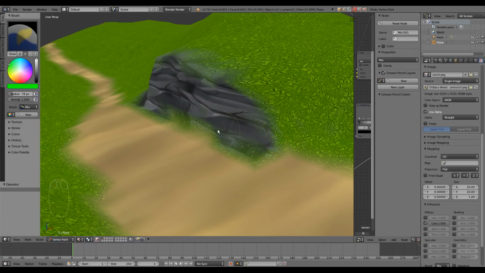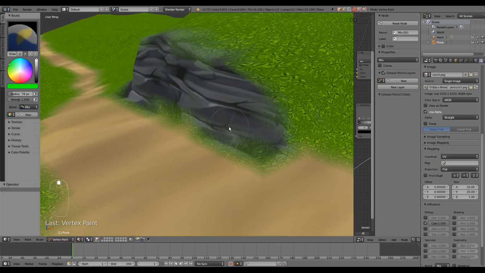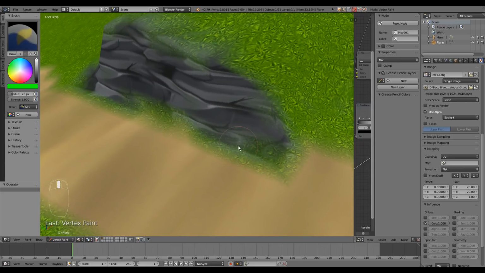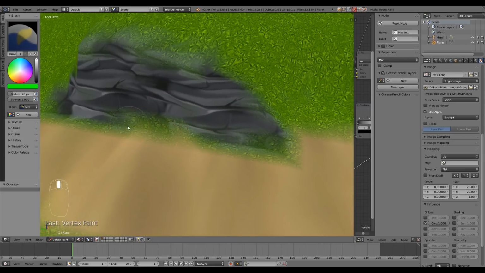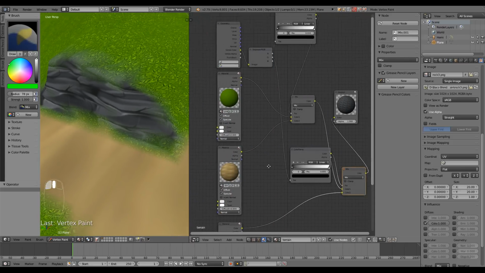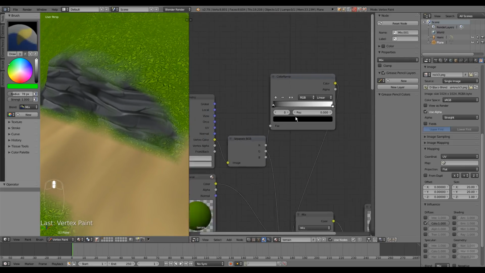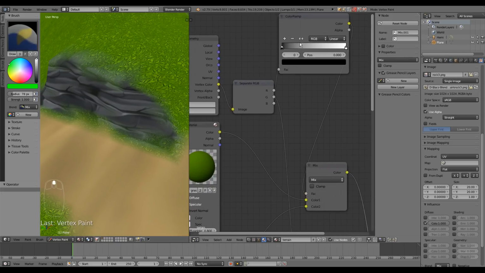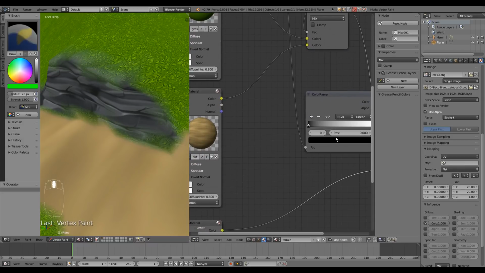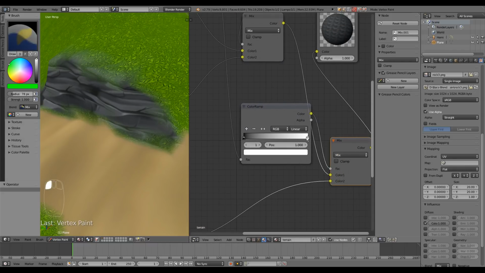and you notice here that the separation between the sand, the dirt, and the rock is off. The grass is showing too much, and we can fix that by going to our node editor here, and in this color ramp we can move the white channel slightly closer to the black channel like so, and also in this second mix, and like so. Okay,